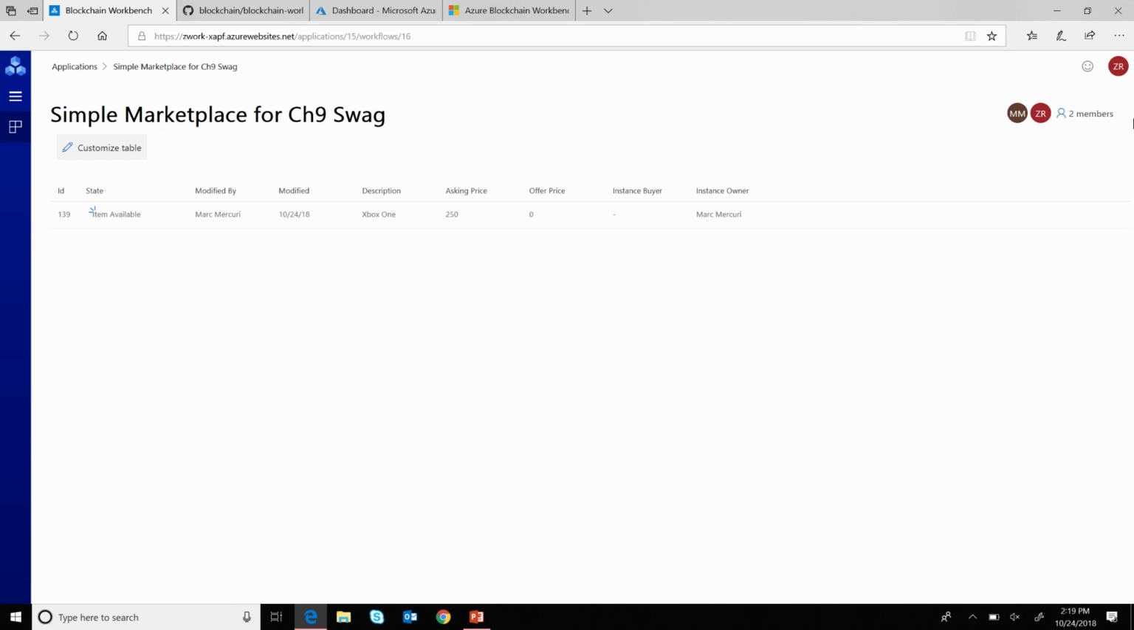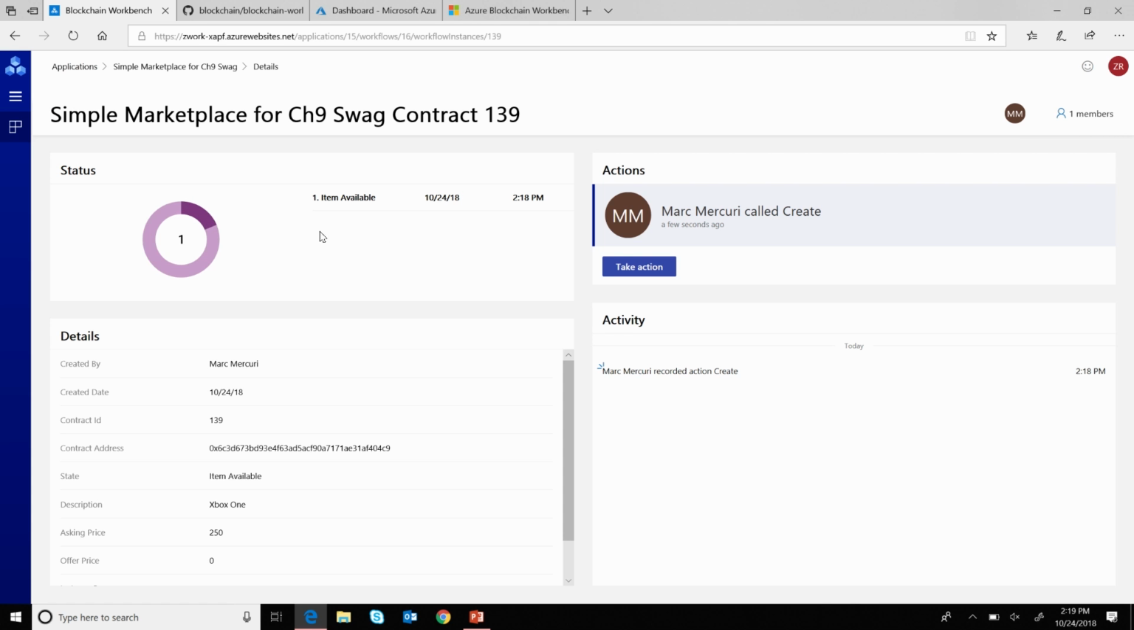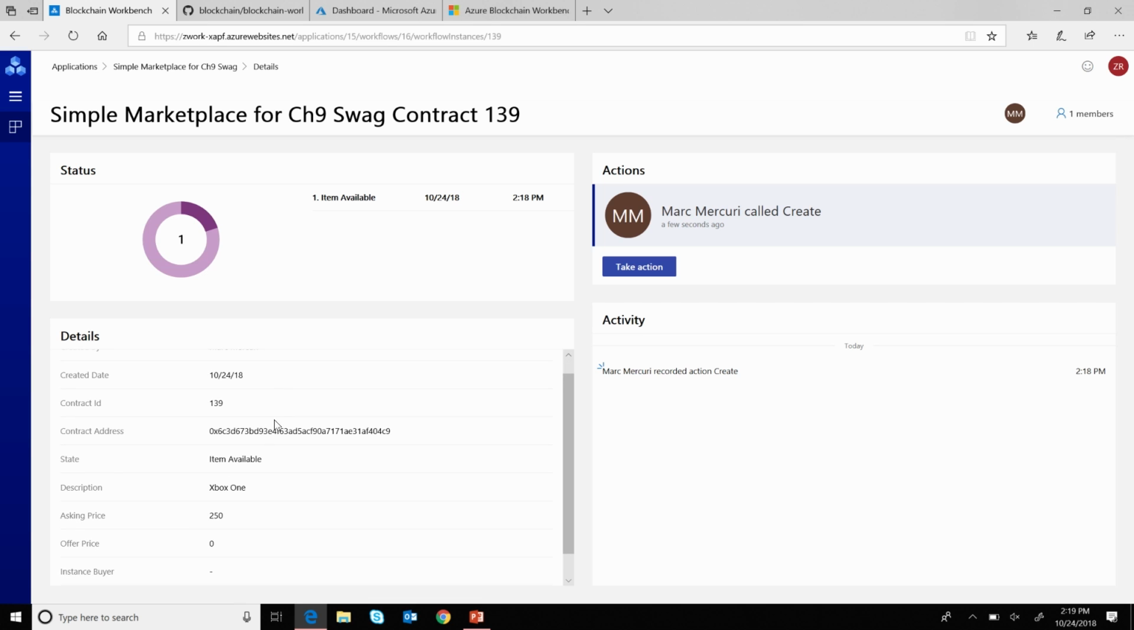You'll notice that because I am just a buyer, I am not able to create a new entry here because I'm not an owner. So I can't create one. But what I can do is interact with this item available state contract. And I can see here that the details is created by Mark. I can see the contract address,